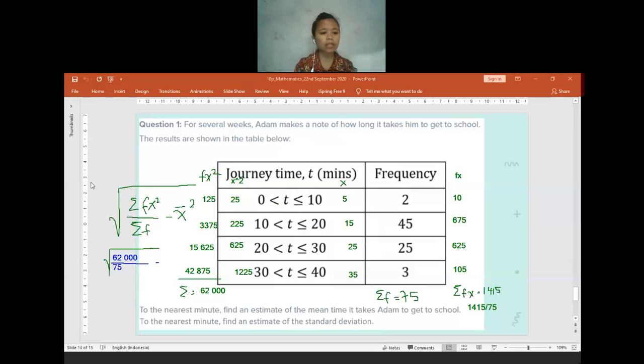The mean is how many? Is there anyone who already find the mean? Or maybe if you haven't find it, you just can keep the number as a fraction. Okay, someone told me the answer, it will be 18.9 to three significant figures. So we have 18.9 to the power of 2. You can calculate it using calculator.